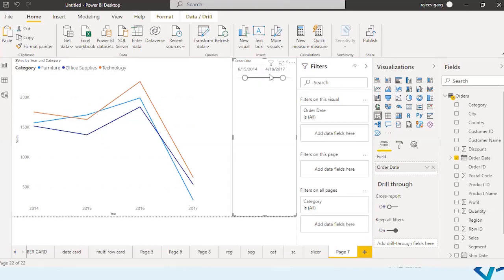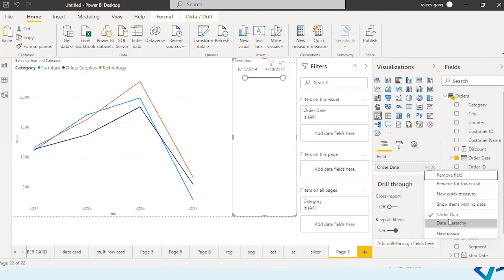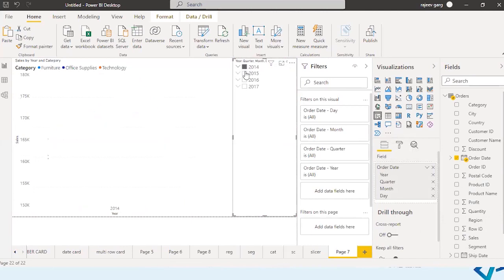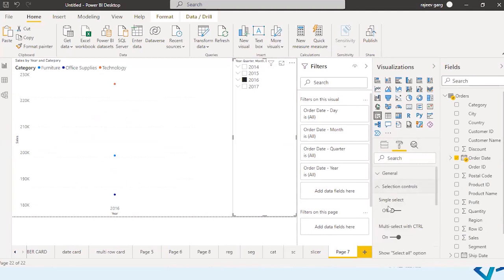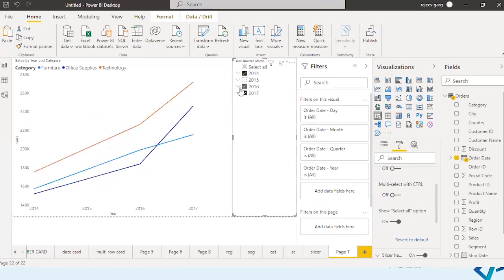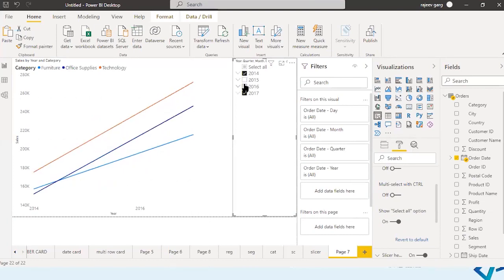So now you can move the slicer to specify the dates. Okay, so this is how you can specify the dates in the date slicer. But if you don't want to specify a particular date, you can click on this drop down arrow and you will see something known as date hierarchy, right? So now you can select what you want. You want 14, 15, 16. So let me quickly do some selection control. I will go to multiple select with control off and select all. This is off and select all is on. So let me say select all. 15, 16. So this is how it is appearing.